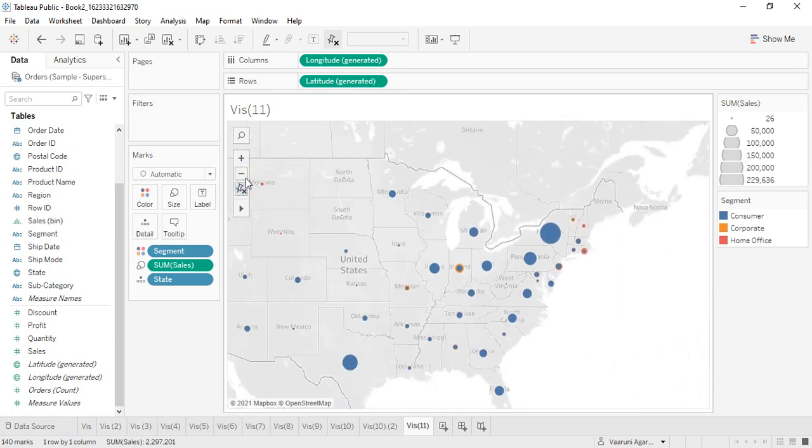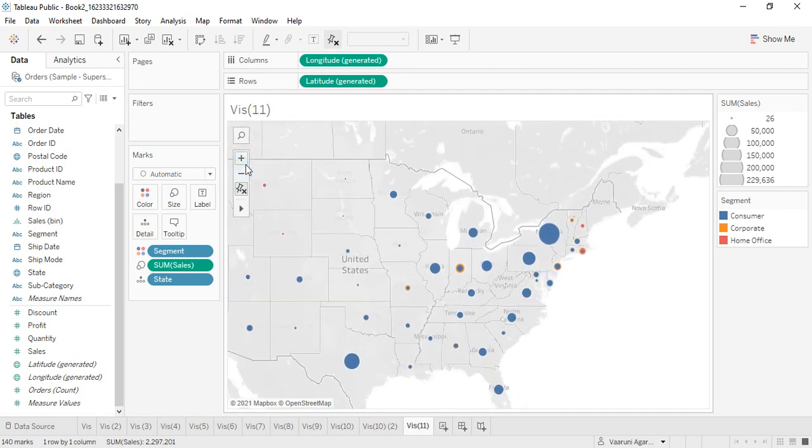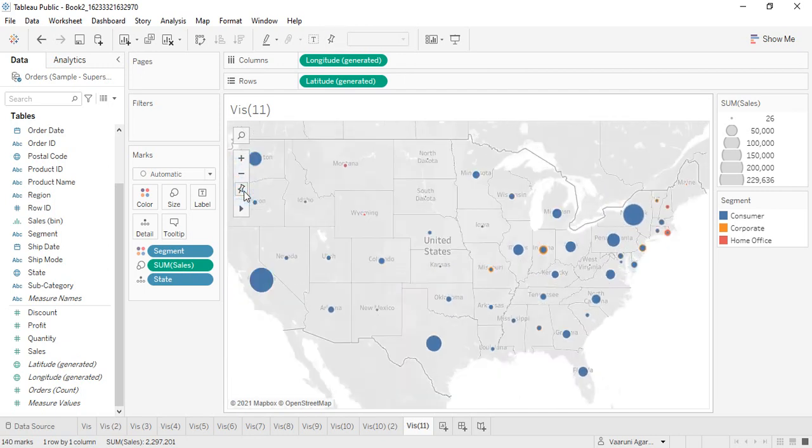We can get the different values of the segment, like which segment is most sold. If we take a broad look, we can see the consumer segment is the most selling segment. However, in the state of Indiana, and in Missouri also, the corporate segment is more sold. Similarly, the home office segment is more sold in Rhode Island and some of the states nearby. So this is the kind of information you can show through the map.